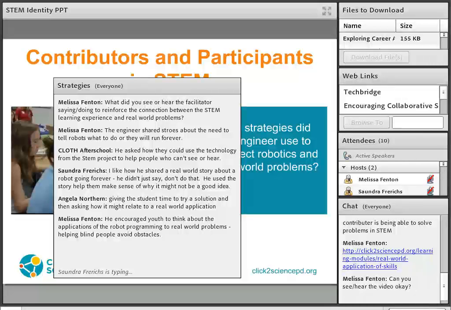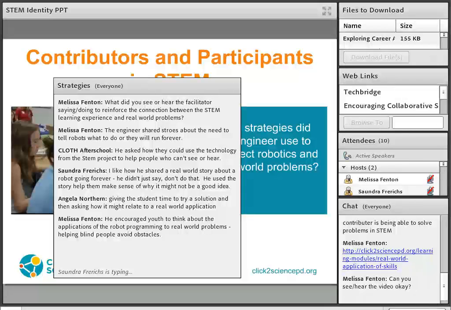So by asking them about the real world applications of what they were doing, he was connecting it back to how this could make a difference in the lives of others. So what they were learning with robotics, while it was also fun to make the robot do what they wanted it to, also could be helpful to other people in possible other careers.